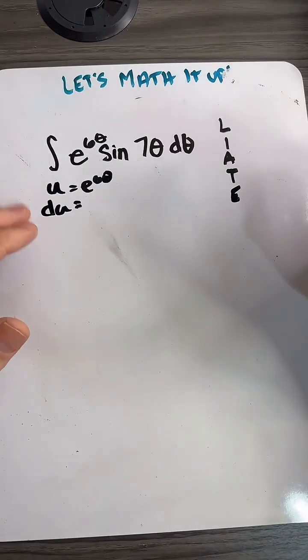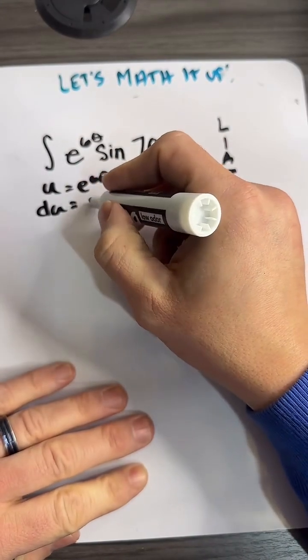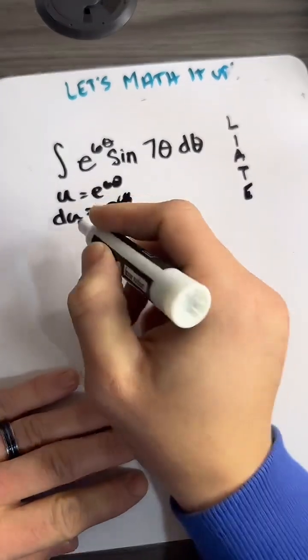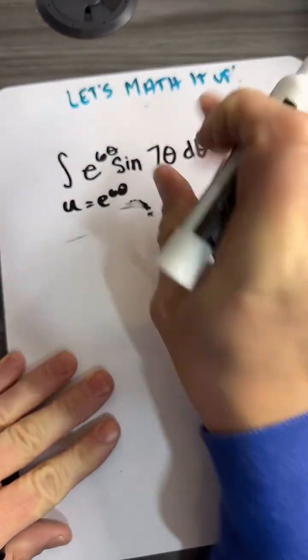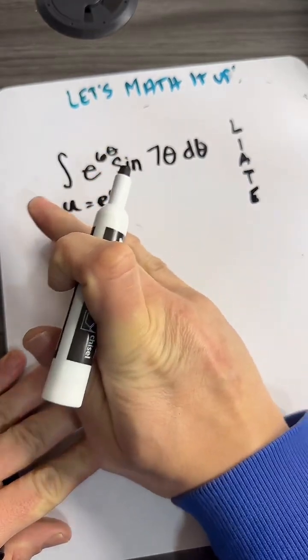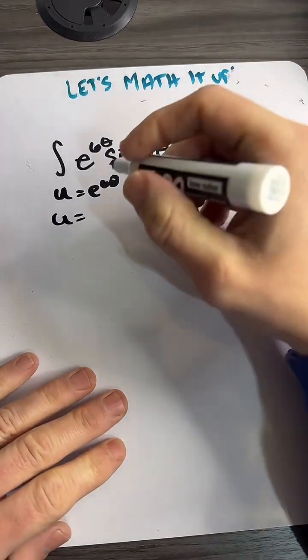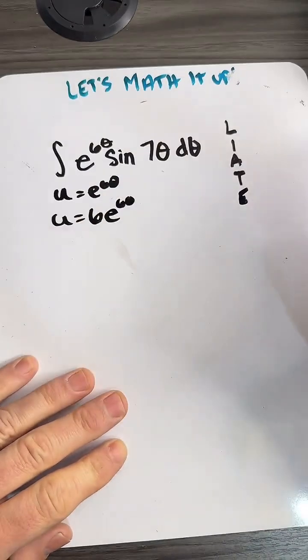So then we've got e to the 6th theta times 6 theta. We never use theta for our variables. All right. So if I take the derivative of that, I've got 6 e to the 6th theta